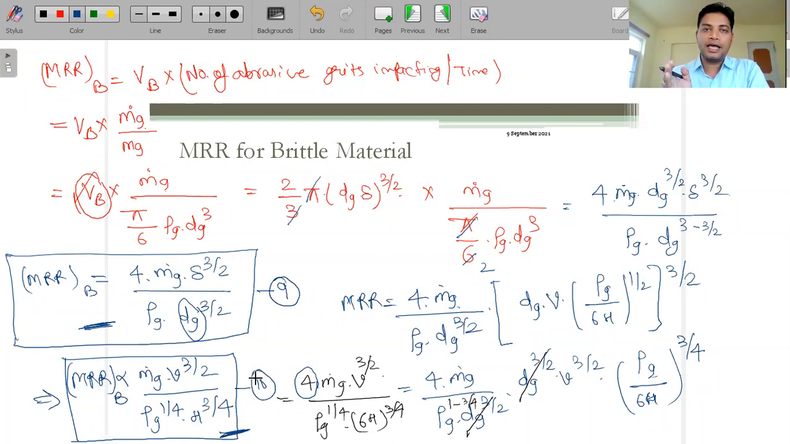Similarly, we have to go for the ductile material. Okay, guys, so this is our last part, where we are going for the ductile material. Then we will finish this lecture. Okay, so let's go for the ductile material. For the ductile material,